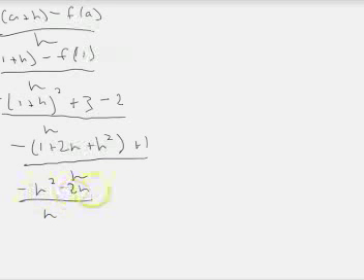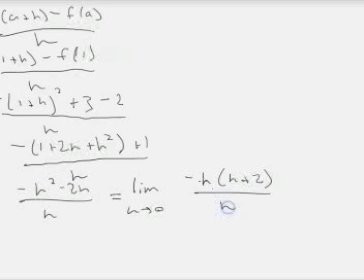Aha, and now, since we have two h's here, we can factor one out, so these h's will cancel, and we will get the limit as h approaches 0 of negative h minus 2,